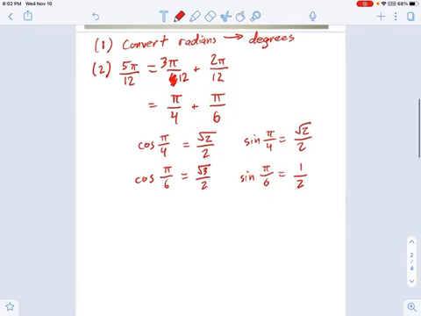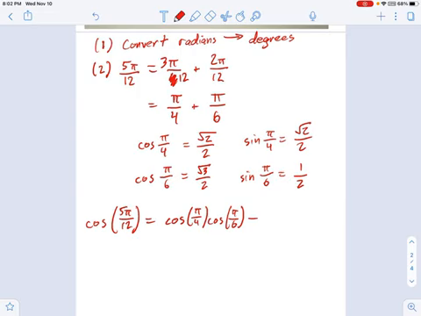So now, this is where we're wrapping up, the cosine of 5 pi over 12. I would say that's equal to, let's see, cosine changes the sign. So that's two cosines: cosine pi over 4 times cosine of pi over 6, minus, because I changed the sign, instead of 3 pi over 12 plus 2 pi over 12, now I need to change that to a minus sign. So cosine changed the sign, and this is now sine pi over 4, sine pi over 6 as a subtraction. Okay, and we just plug in those numbers that we remembered from the unit circle up above.